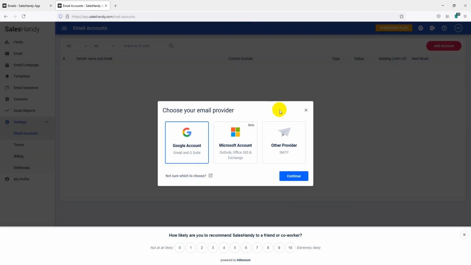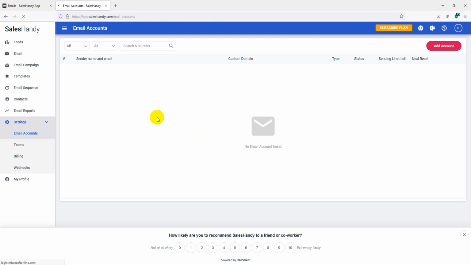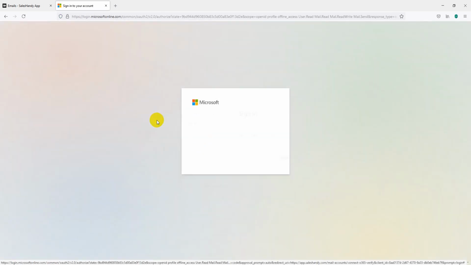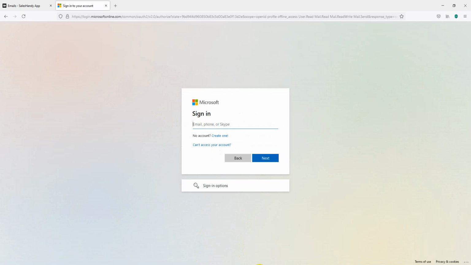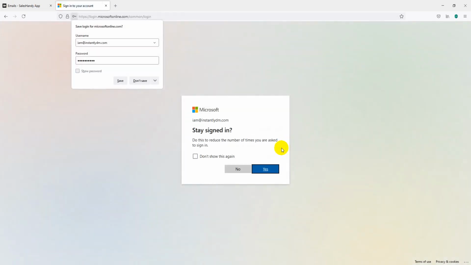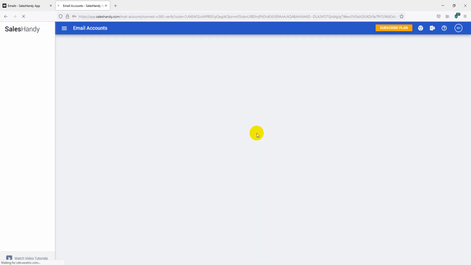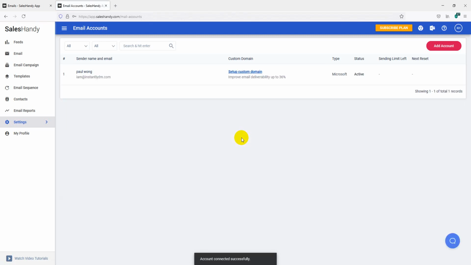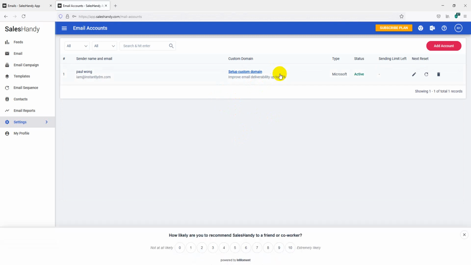For connecting an Outlook email account, just follow this step with Sales Handy. Click Microsoft, click continue.